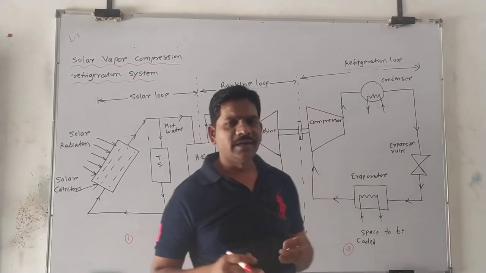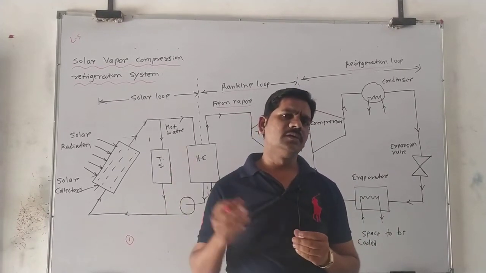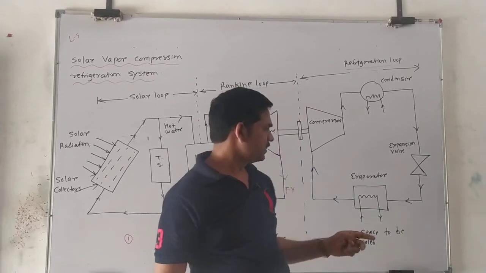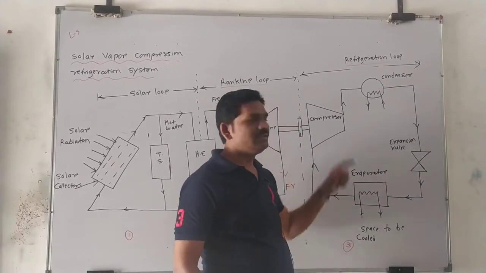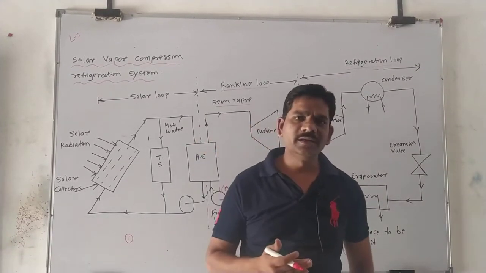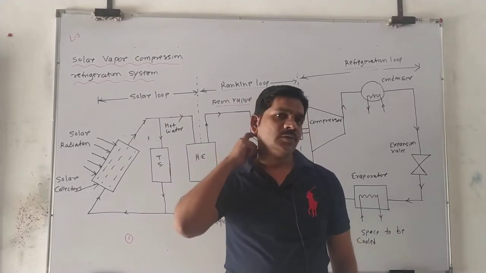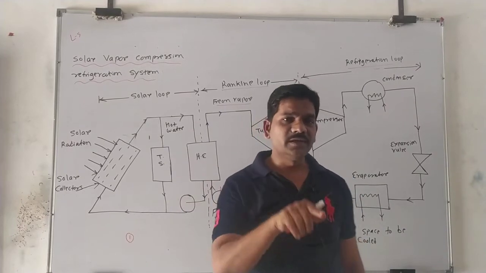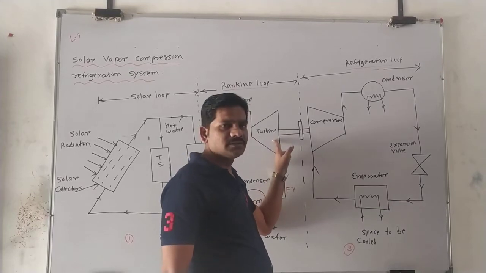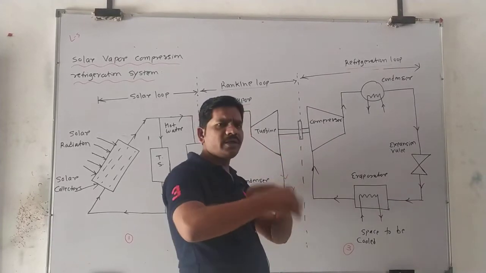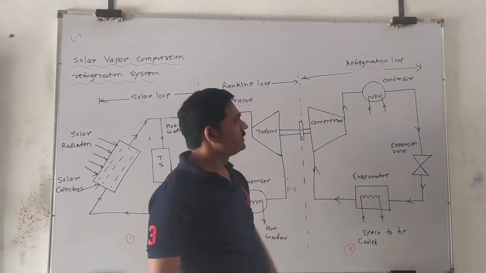So our standard refrigeration cycles in our refrigerator or in air conditioners operate on electrical energy and consist of these components. What are they? Compressor, condenser, expansion valve and evaporator, and this compressor is run with the help of electrical energy. But here, what is our application? Solar power. So here we can't use electrical energy, we use solar energy. So this compressor is run with the help of this turbine. This turbine energy, meaning rotational energy, is supplied to the compressor. This compressor works.